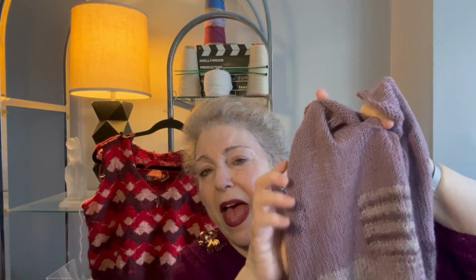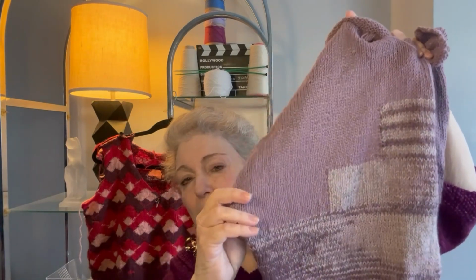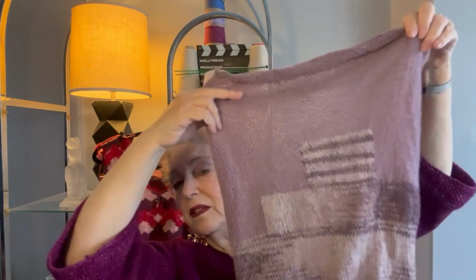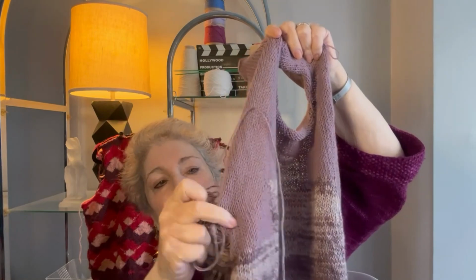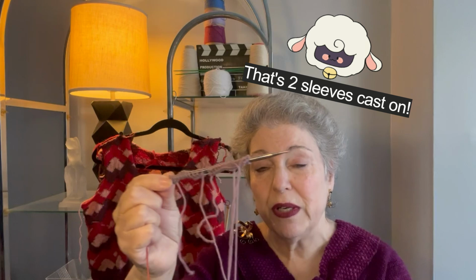And you might recall at Vogue Knitting Live in January, I looked for a complementary color to do this stair step in. And I thought buying one ball was going to suffice. I did all of this orchid color, the solid color, and on the front, I did all of that with just the one ball, and I still have this much left, but I already knew it wasn't going to be enough to work part way down the sleeves. I cast on for one of the sleeves. I intend to knit the sleeves 2 at a time, which is my preference, but since I knew I wasn't going to have enough yarn,